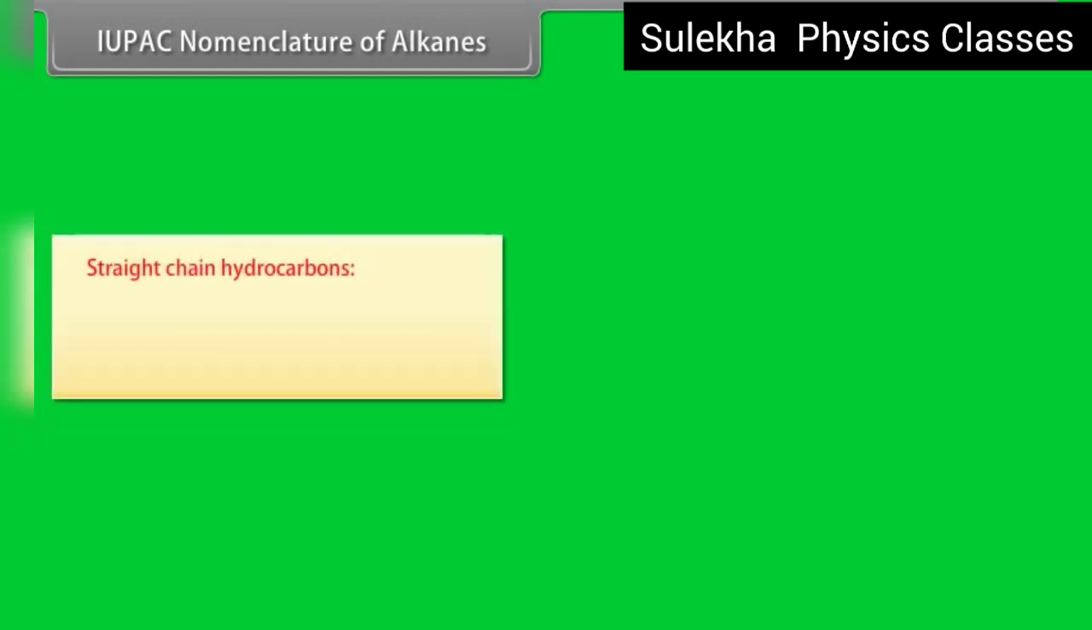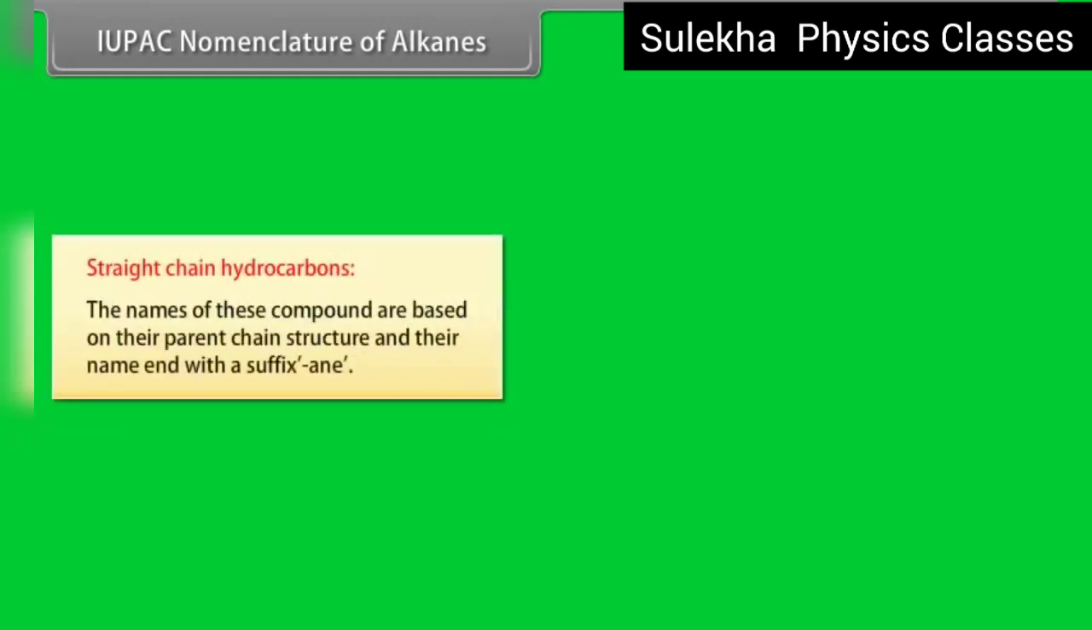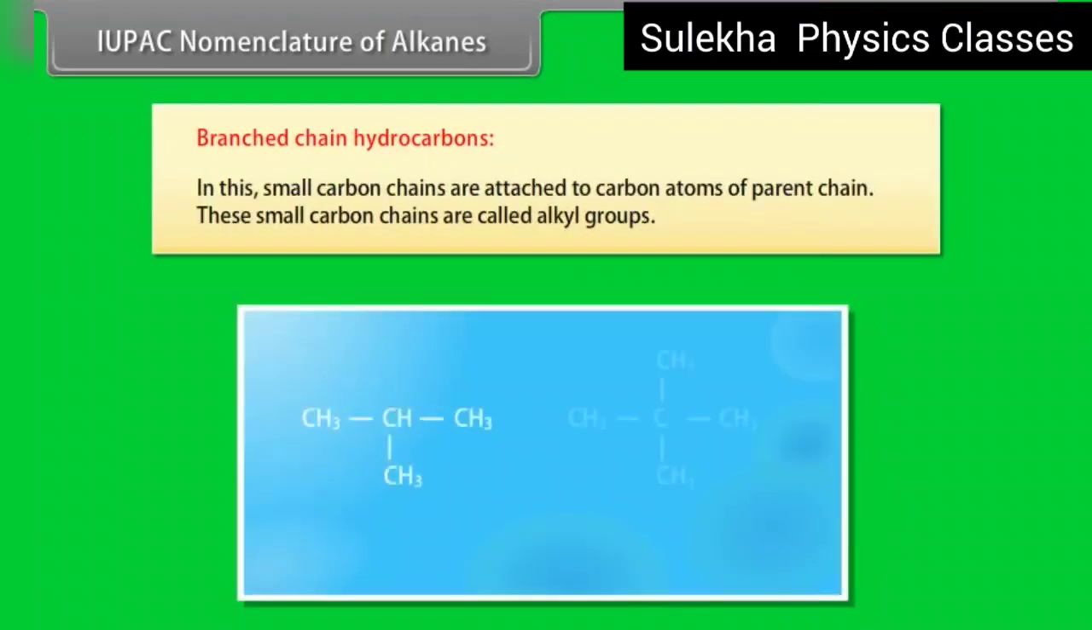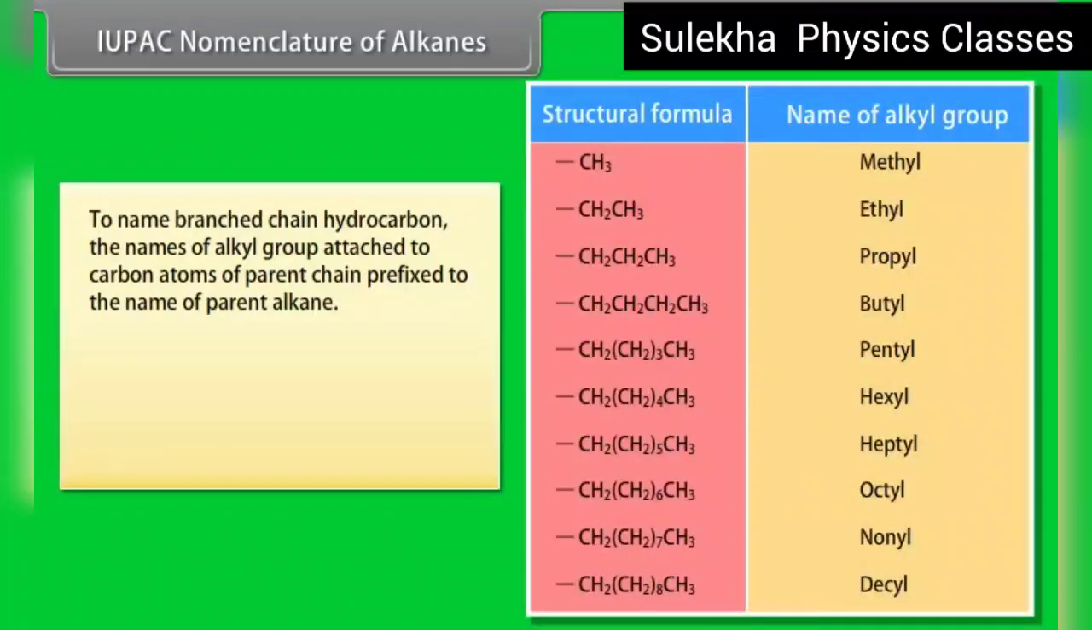IUPAC nomenclature of alkanes. Straight-chain hydrocarbons. The names of these compounds are based on their parent chain structure, and their name ends with the suffix -ane. Branched-chain hydrocarbons. In this, small carbon chains are attached to carbon atoms of the parent chain. These small carbon chains are called alkyl groups. To name a branched-chain hydrocarbon,